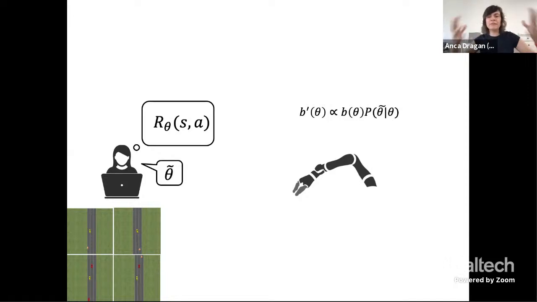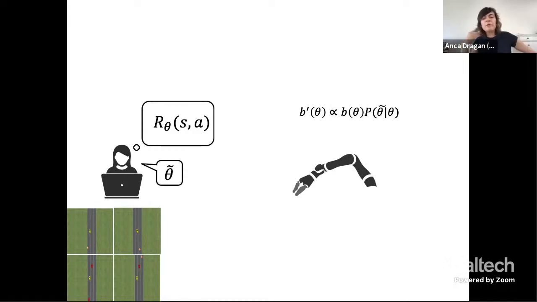Now, if it's risk averse with respect to this posterior, or even if it plans in expectation with respect to this posterior, it does too much hedging, because there are many interpretations that are consistent with what you said. And this is an issue now because you don't have a useful robot anymore, right? The more uncertainty in theta, the more you're paralyzed, because everything you might do could be bad. And so this can't be the end of the story, right? It can't be that the person gives us one theta tilde, we have a posterior based on that, and in perpetuity we act risk averse.